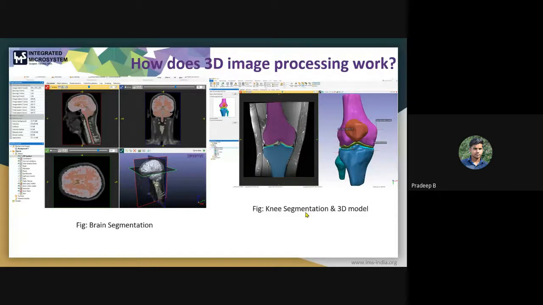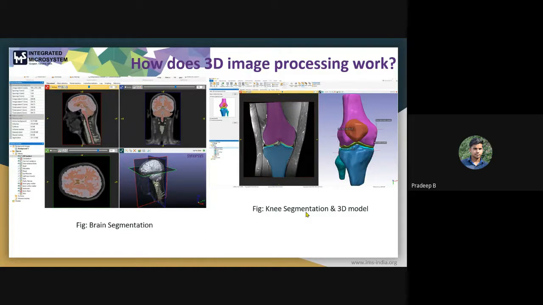The reconstructed image volume serves as the typical input for 3D image processing, where the aim is usually to discover a region of interest within the image and build a digital 3D model of the structure. This process is known as image segmentation, and it can involve various approaches, depending on the subject, objective, and limitation of image quality.